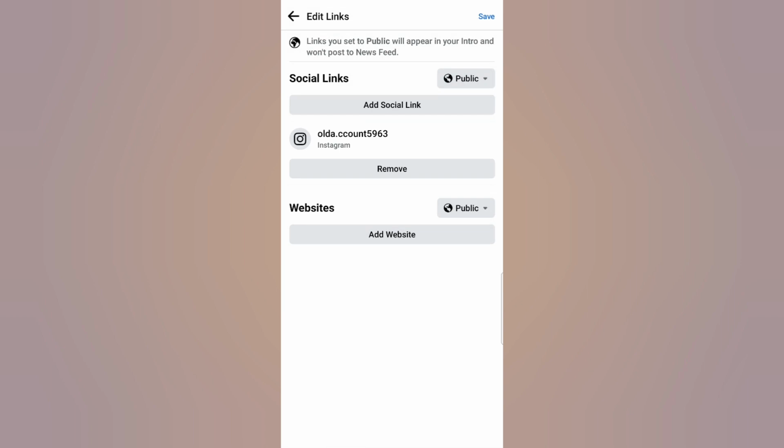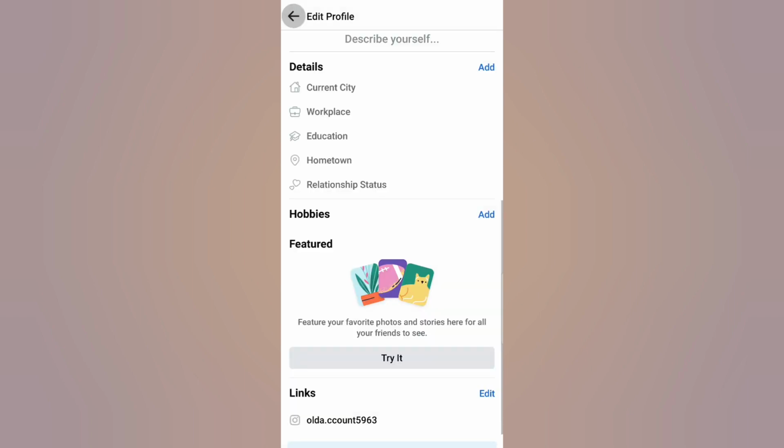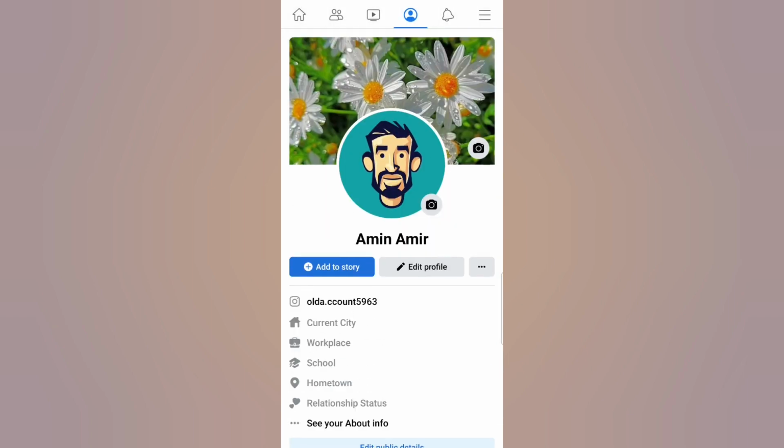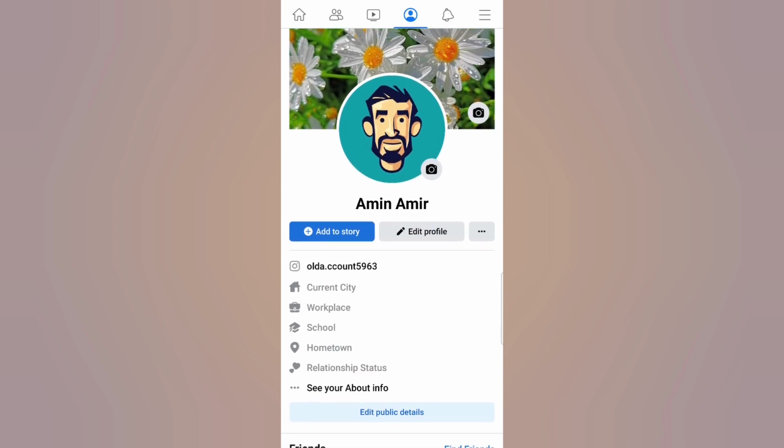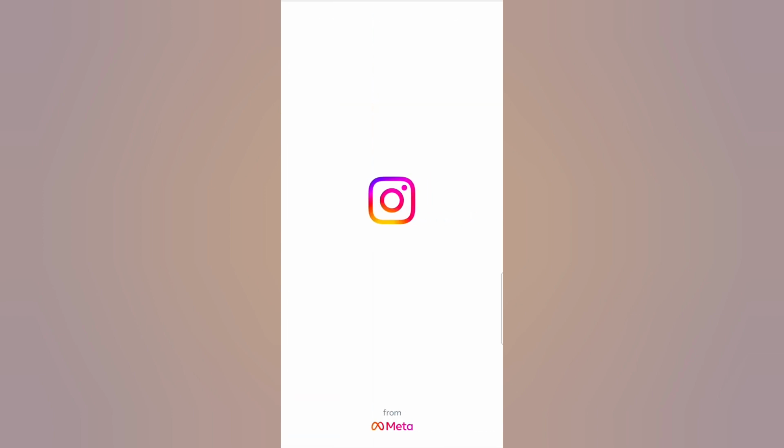Then click continue, and as you can see, Facebook has recognized your Instagram profile. And once you're okay with that, click on the save button at the top right of the screen, and then go back to your profile page. And as you can see, Facebook has added your Instagram in the info section, from which when people click on it, it will redirect them to your